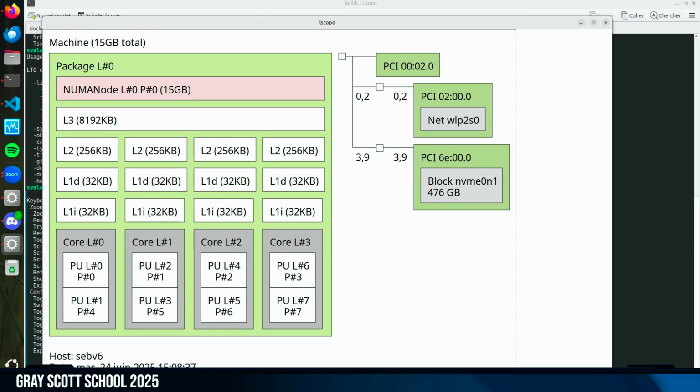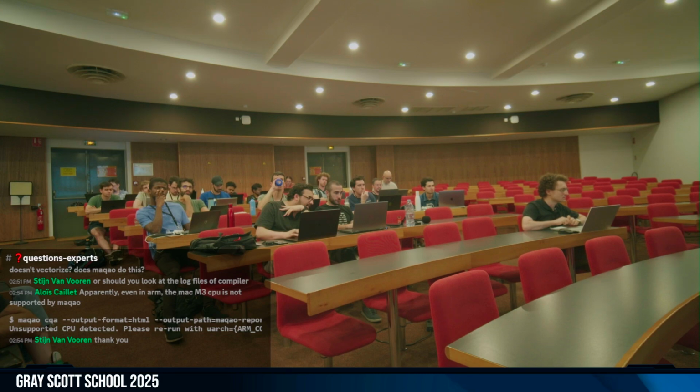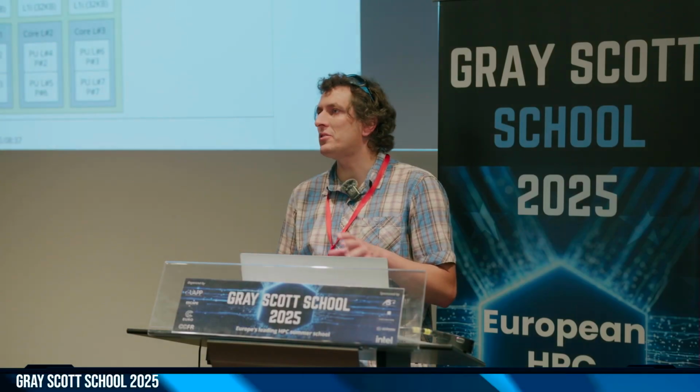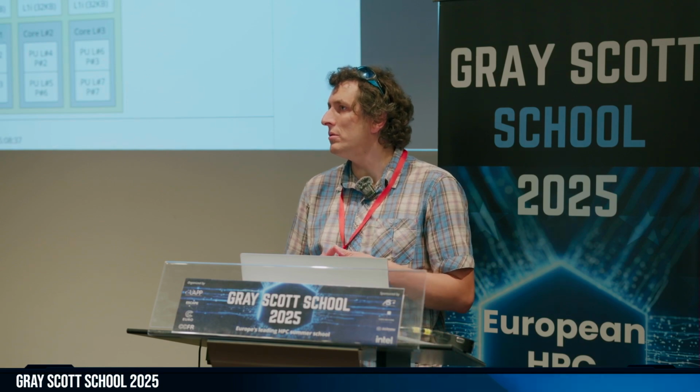If I'm here with a CPU like this, for L1 I have 32 kilobytes for 2 threads. What should I choose for the blocking? I have 2 threads sharing the 32 kilobytes, so something like half, okay? Don't forget there is probably some other data, you leak a bit, so let's say 10, something like this is probably good.